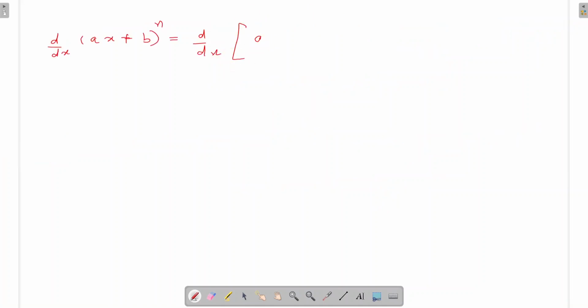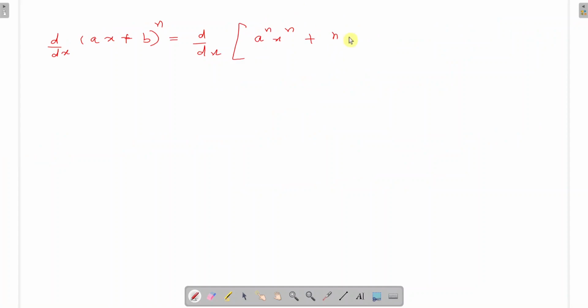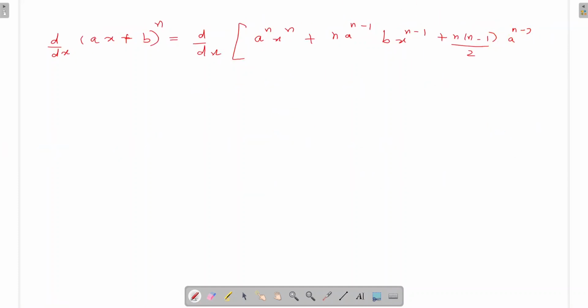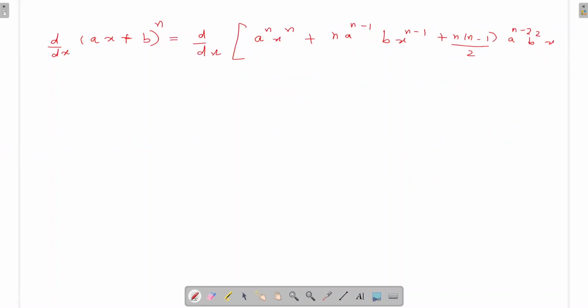So that is nothing but a raised to n, x raised to n, plus n times a raised to n minus 1, b, x raised to n minus 1, then plus n times (n minus 1) divided by 2, a raised to n minus 2, b raised to 2, x raised to n minus 2, and so on,